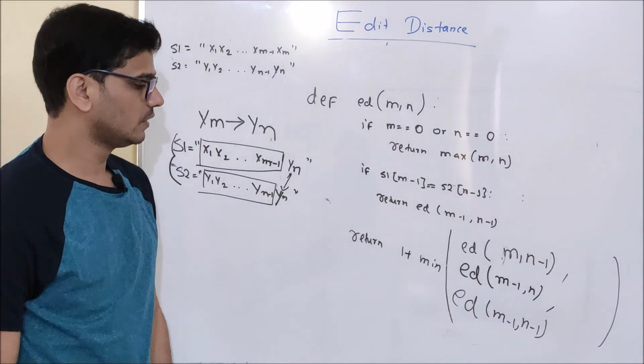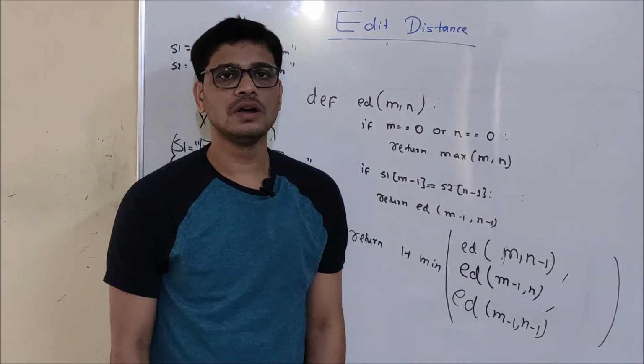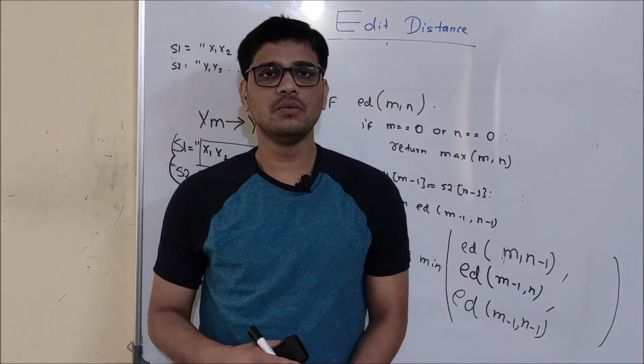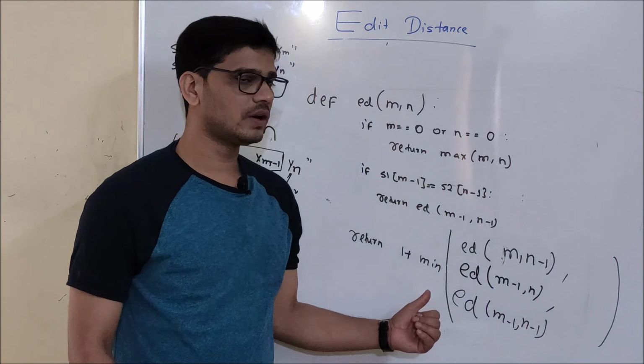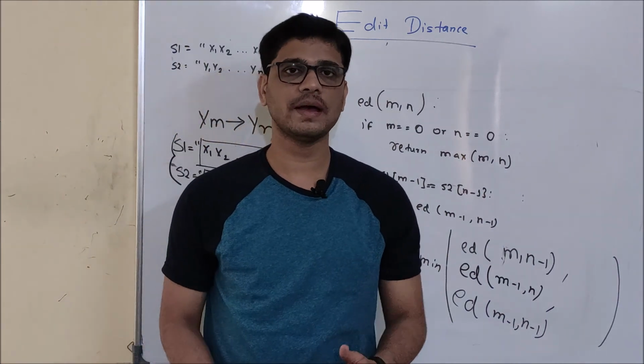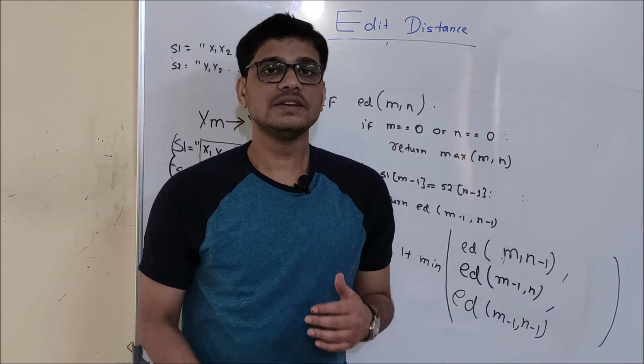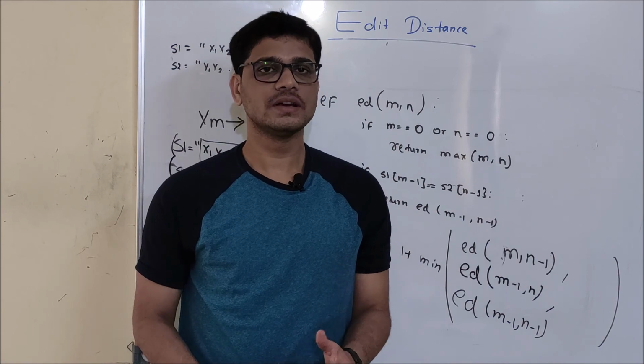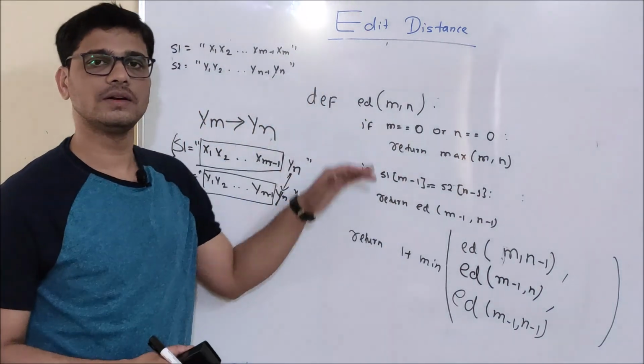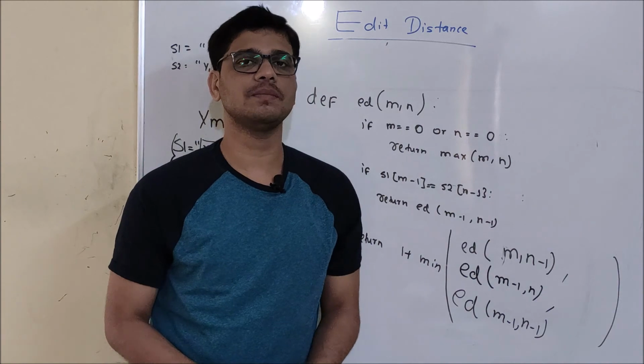Now this is all I have for this particular video. In my second video, we are going to analyze this particular program. That is, we are going to dry run this program and analyze the recursion tree, and we will check what the problem is with this particular code, and we will also check whether we can apply dynamic programming here or not.